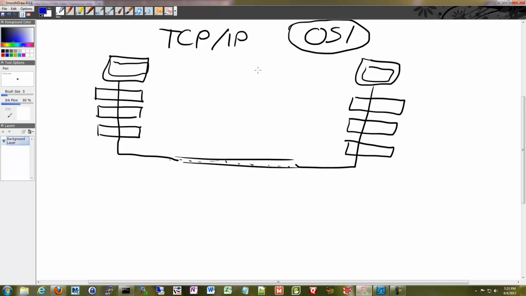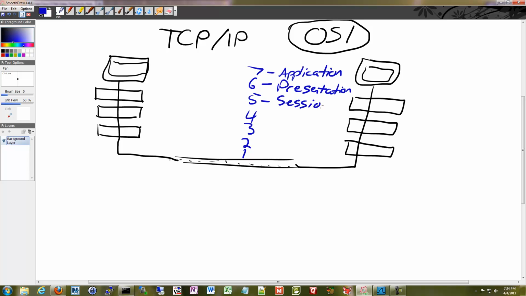We have our application layer. We have a presentation layer, which doesn't get a lot of love. We have a session layer. We have a transport layer, which does get a lot of love, which you'll find out a little bit later. We have a network layer, which also gets a lot of attention, and our data link,